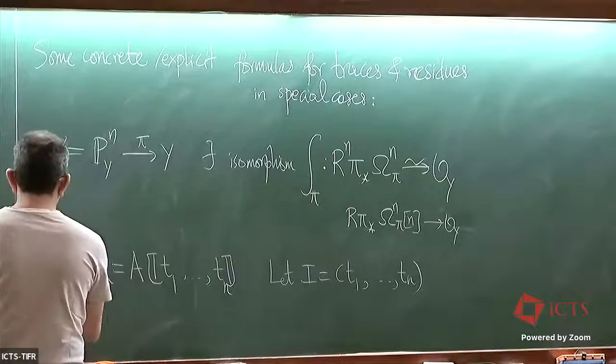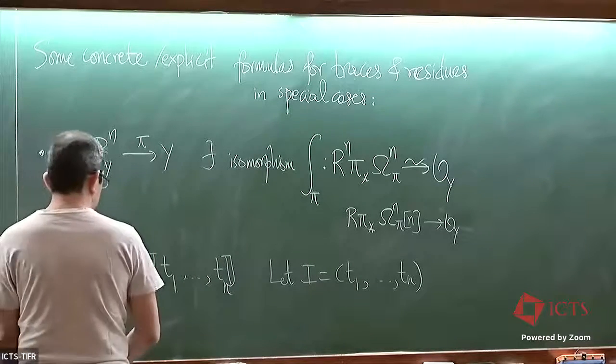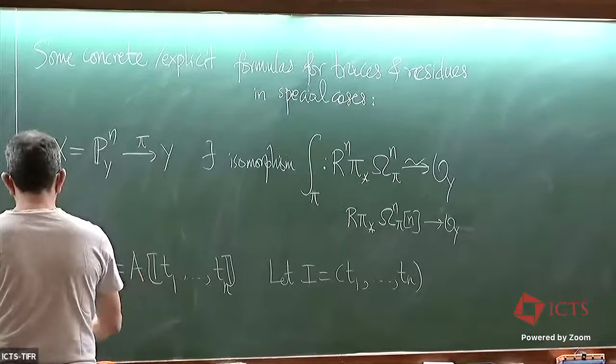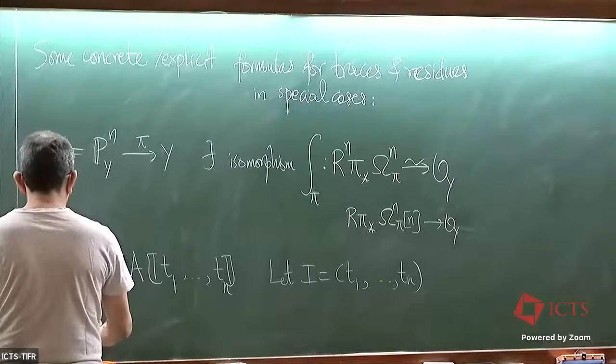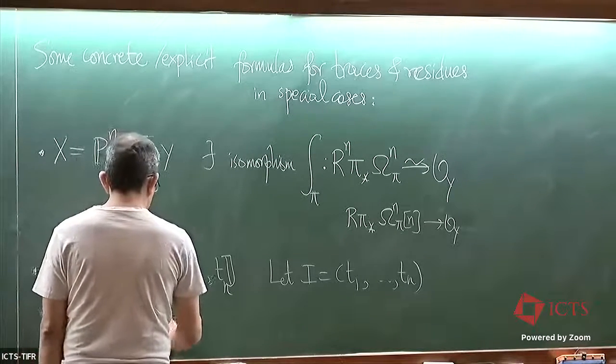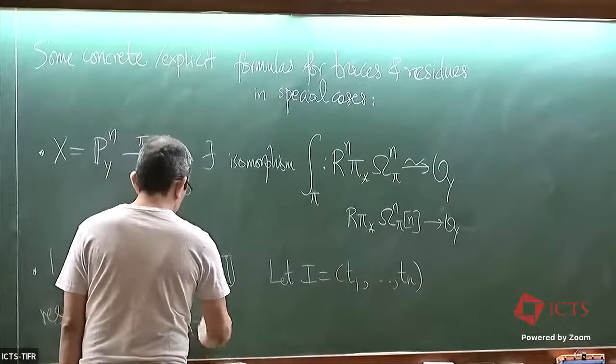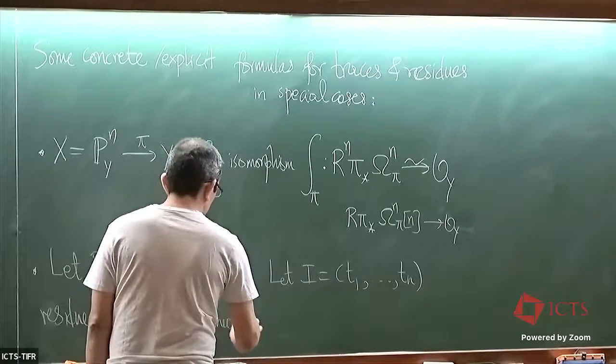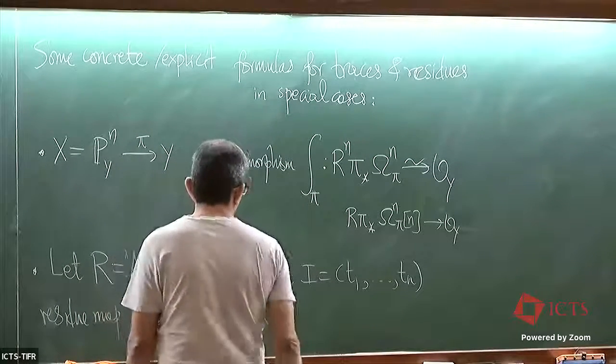So then there exists a residue. We'll define this map, the residue map. It is an A-linear map from